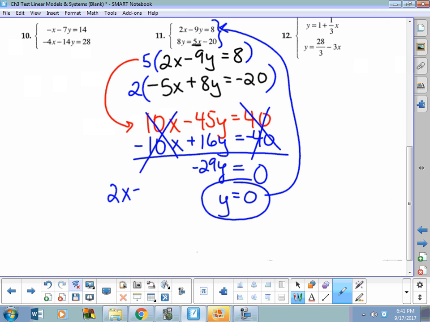I'm going to plug 0 in right there. So 2x minus 9 times 0 is like 0, right? 9 times 0. So I really have 2x equals 8, and x then equals 4. So that was elimination. Moving on to the last page of the test, back and forth. Now we're moving on to